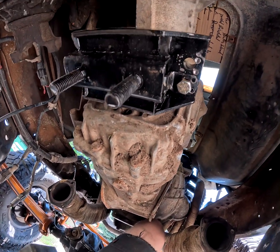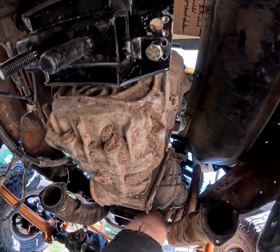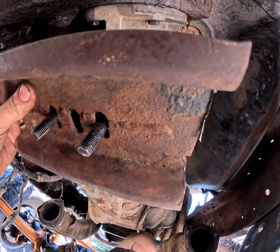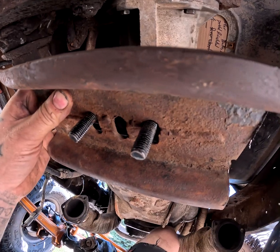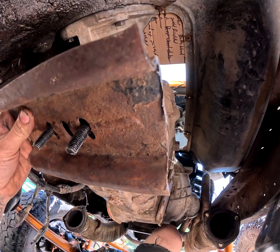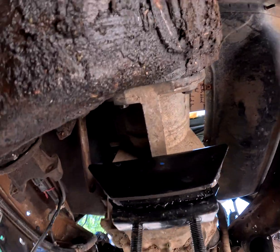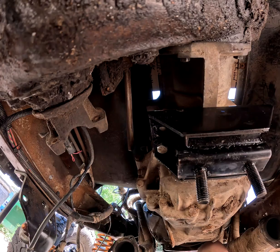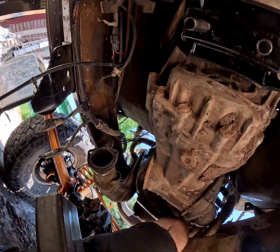I could use that bottom piece that I'm planning on cutting out, and if that doesn't give me enough room, I have a piece of 90s Ford factory cross member that I've already cut up. This bolts in there where I need it to. So what I will wind up doing when I get the 4x2 mounted is probably cut what I need out of this, and then maybe cut another square in the top of the 4x2, so we can weld the factory cross member section to the top of the 4x2 and then finish boxing it in from there. As you can see,